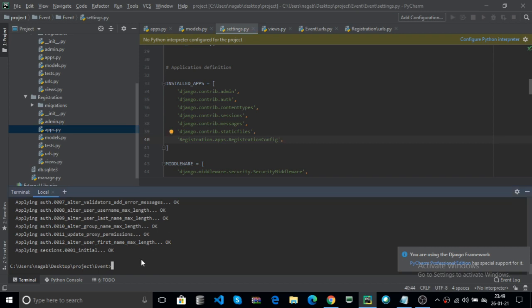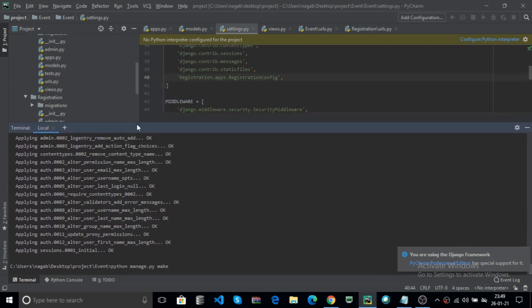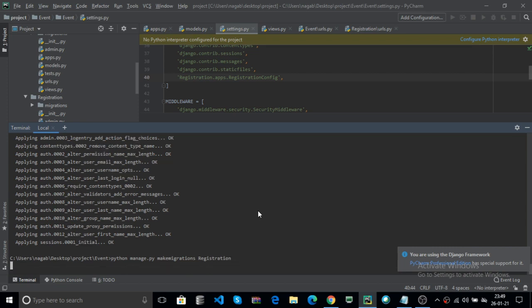Now after that you can use another command: python space manage.py makemigrations along with your app name, registration, and hit enter.